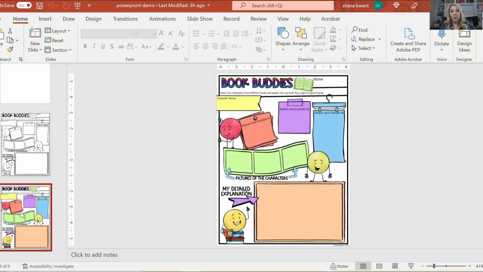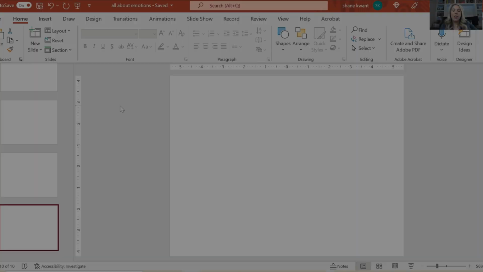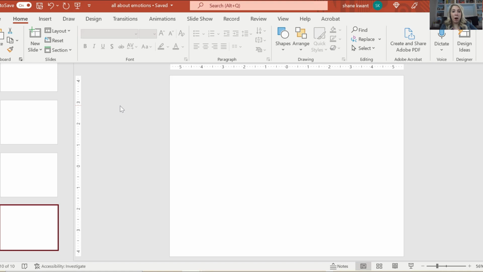And then I also provide a color version that students can use in Google Slides. And at the end of this lesson, I will go over in detail how I created this resource. But before we do that, I want to go over the different parts of PowerPoint and how to create a resource like this. The first step in creating a resource in PowerPoint is to make sure the slide is 8.5